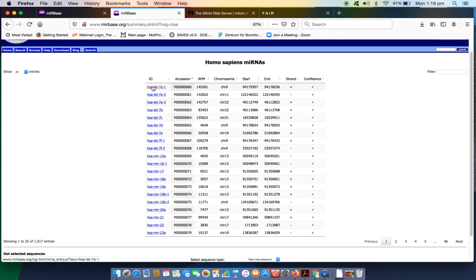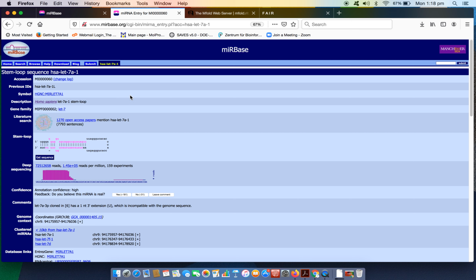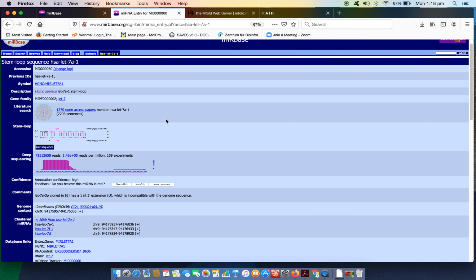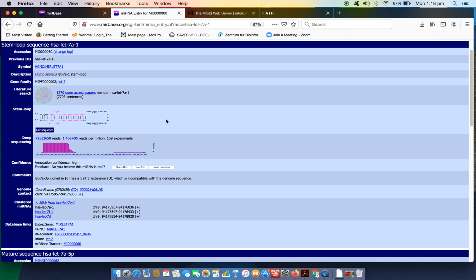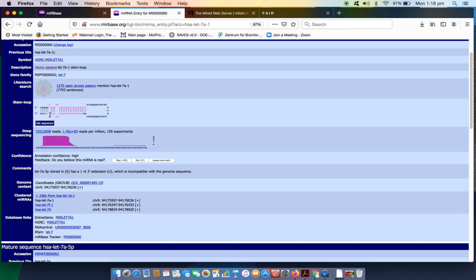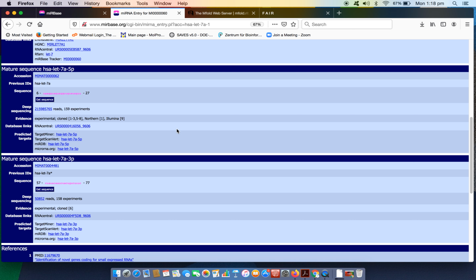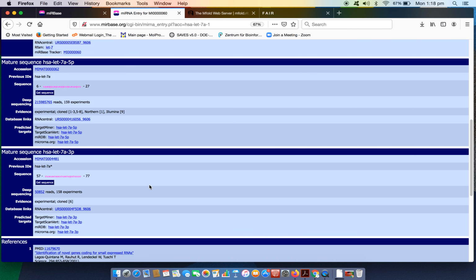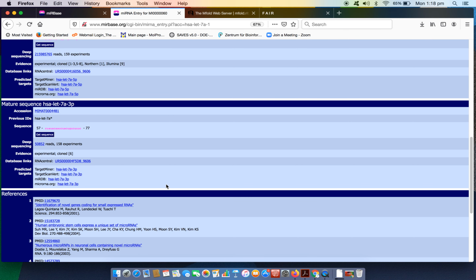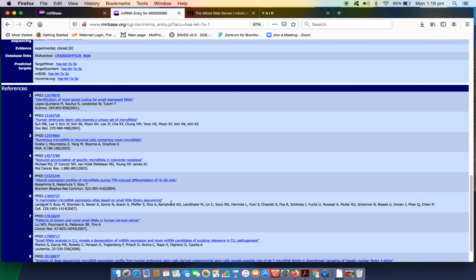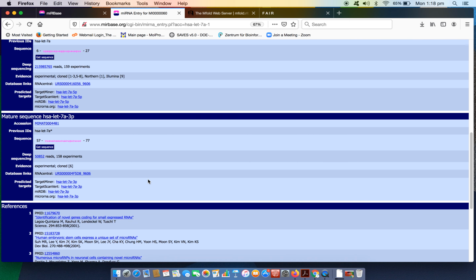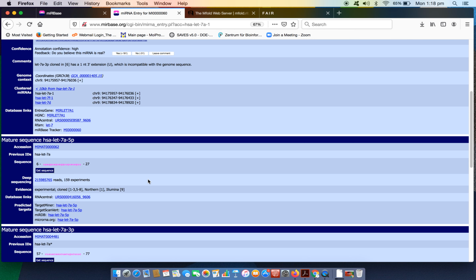If I click on hsa-let-7a-1, which is the microRNA of choice for this demonstration, we will be redirected to a page for that particular microRNA itself. The precursor sequence is also shown here in the form of a stem loop structure. If I browse down, you will find the two microRNAs that are produced from the precursor are also displayed on this page. There is various other information displayed. You can go through it at your leisure, so that you can understand the arrangement of the individual entries of data in the miRBase database.